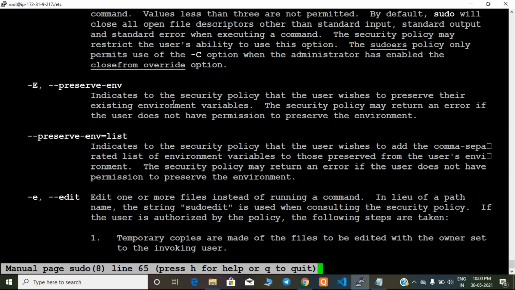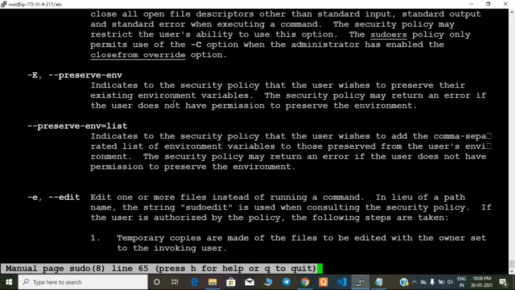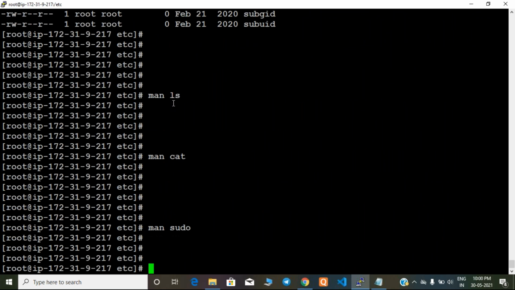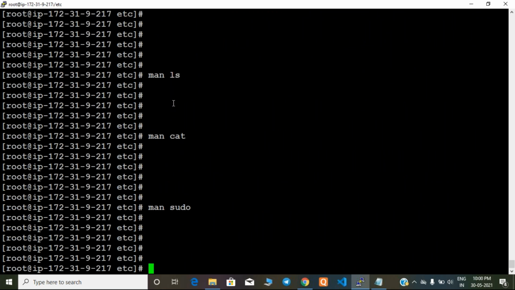To know about any command and its options, you can go with the man page, guys. Because we can't remember all these options, only what you use day to day, those only you will remember. Based on the requirement, you can check the man page, guys. The man page will help you get the options. So I hope you understood what the man page is and what an option is. Did you understand, guys? Sweta, did you understand?